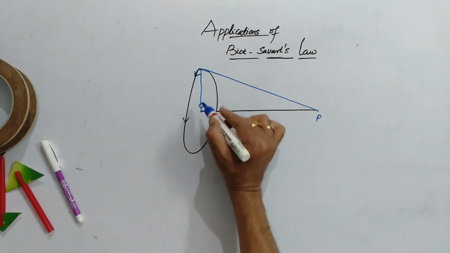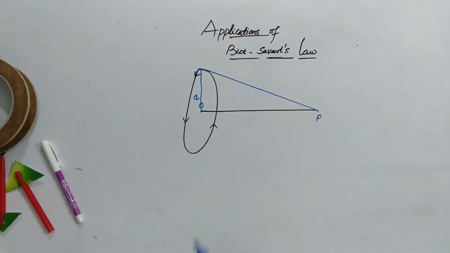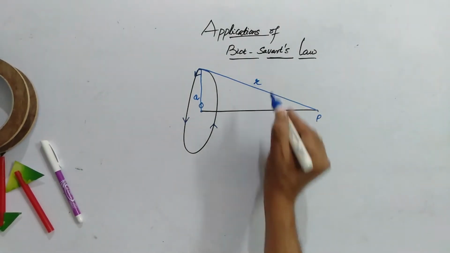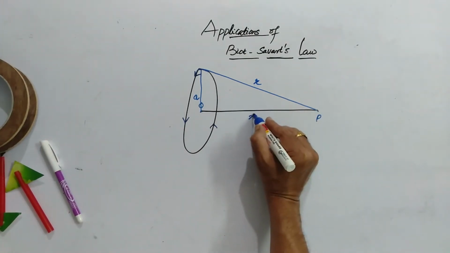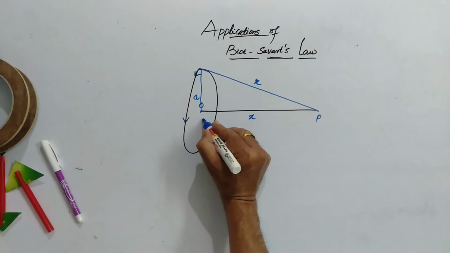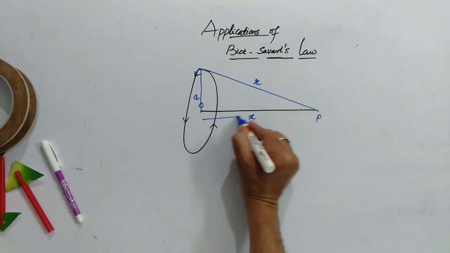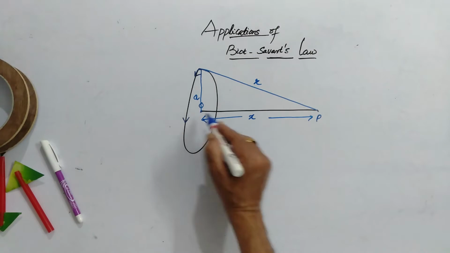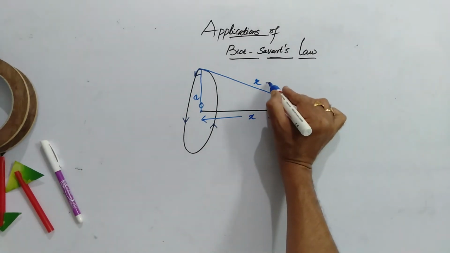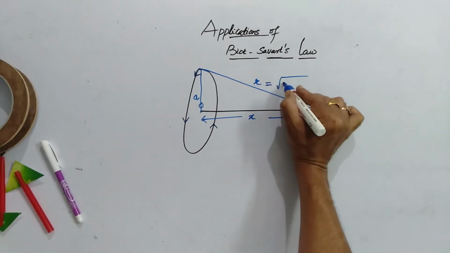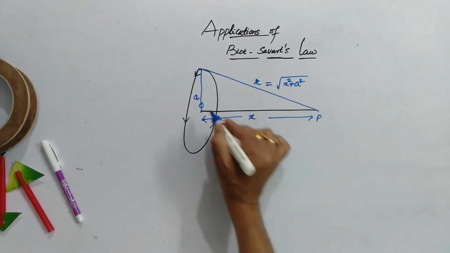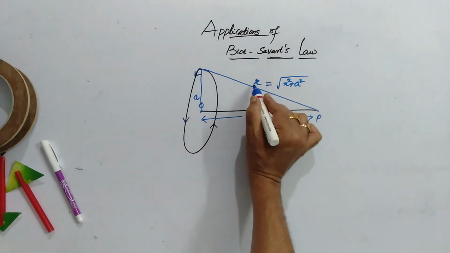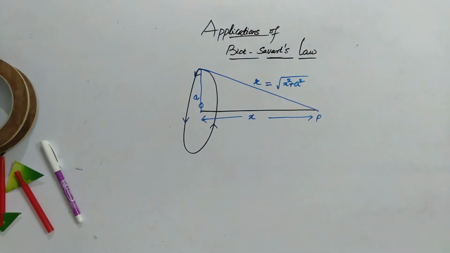Here this is the radius. Let me write this radius as a, as we are denoting this as R. Let the distance from O to P be x. By seeing this triangle, I can write that R squared is equal to x squared plus a squared, as it makes 90 degrees here and R is the hypotenuse.